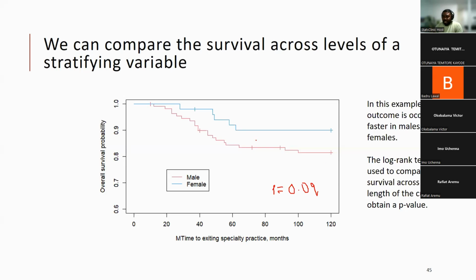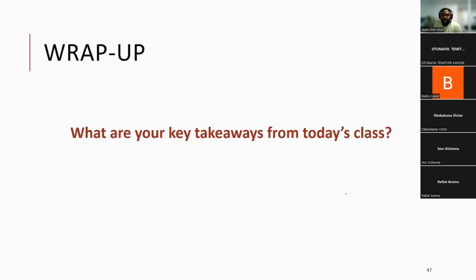So basically that's what the log rank test does. It compares the survival across the entire length of the curve, and it gives us a p-value, and based on the p-value we can say whether it's significantly different or not. All right,